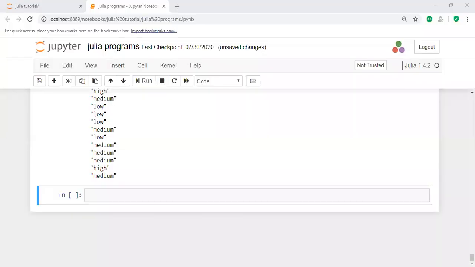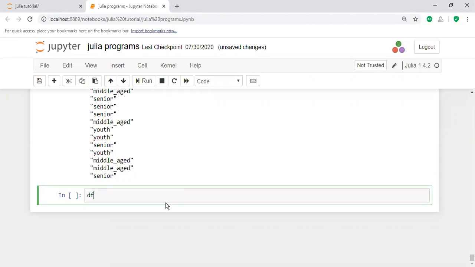Another way is taking the column by using the column name. For example, df, and then age; this is another way of accessing the column value. Similarly, previously you used the dot operator.